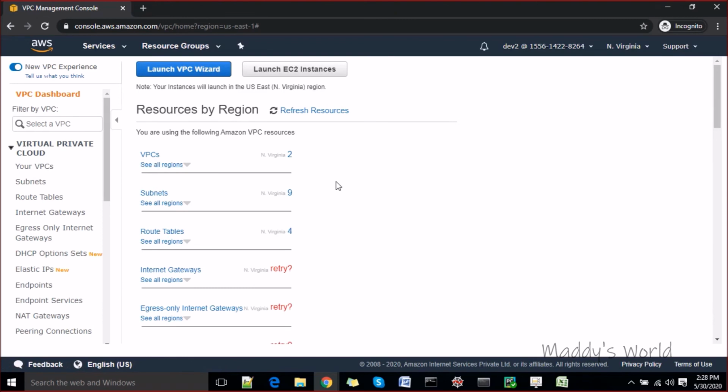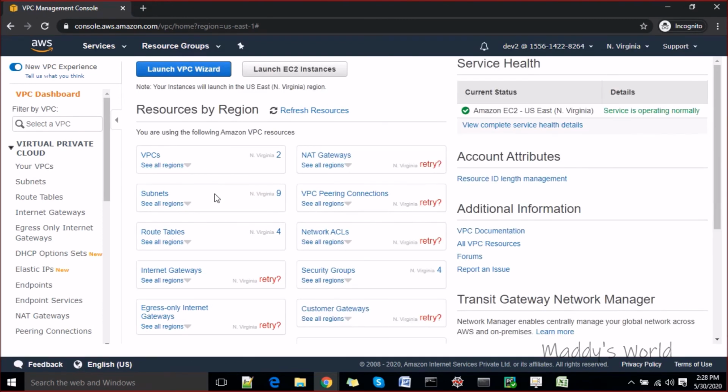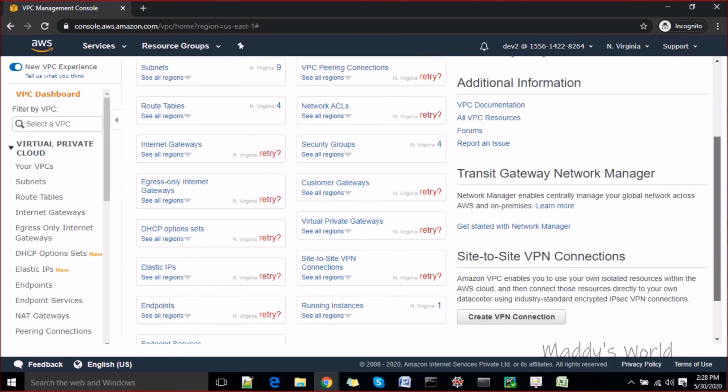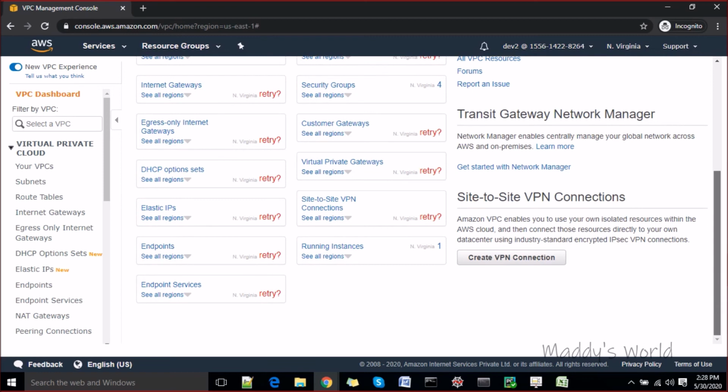Right now you can see I am able to see VPC, subnet, routes, but not the internet gateway because I have not given the permission, right? We cannot see the NAT gateway because we have not given the permission. I needed VPC and subnet access, which was mandatory, so that I could create my instance on them. So for most of the things here, you can see retry, we do not have access.